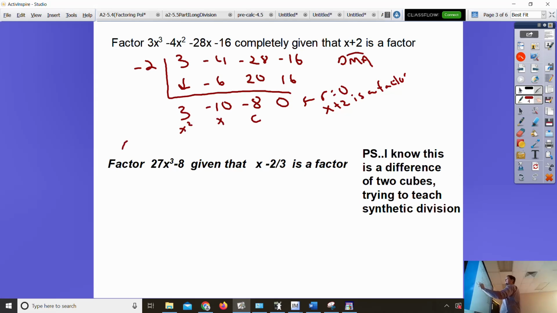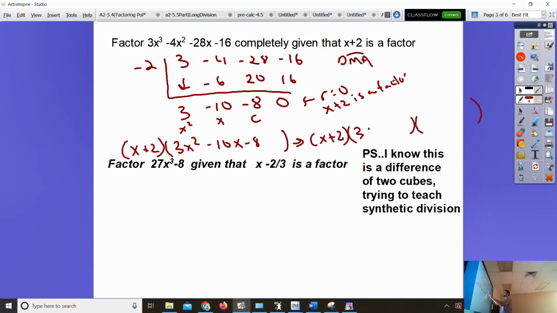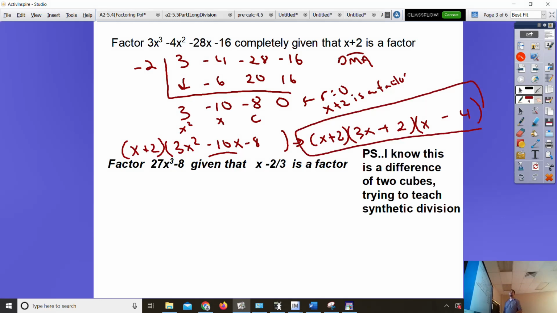What I've done so far is I've pulled x plus 2, and I've reduced the polynomial down to 3x squared minus 10x minus 8. And I'm going to attempt to factor that now. The leading factor was still x plus 2. To create a 3x squared, I need a 3x and an x. Factors of 8 are probably 4 and 2. And my little pea-sized brain says they go there and there. I need the 4 to be negative and the 2 to be positive to add to that -10 in the center. And that is the complete factorization of that polynomial